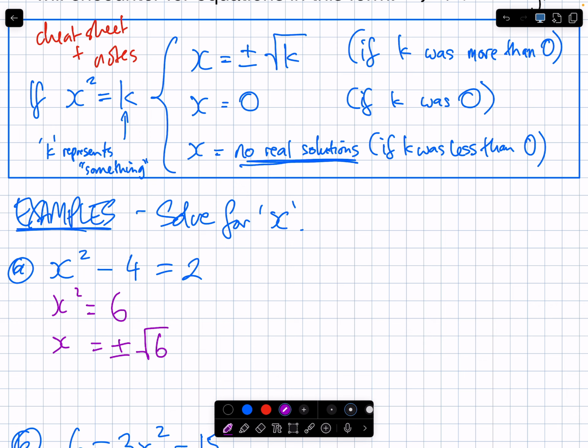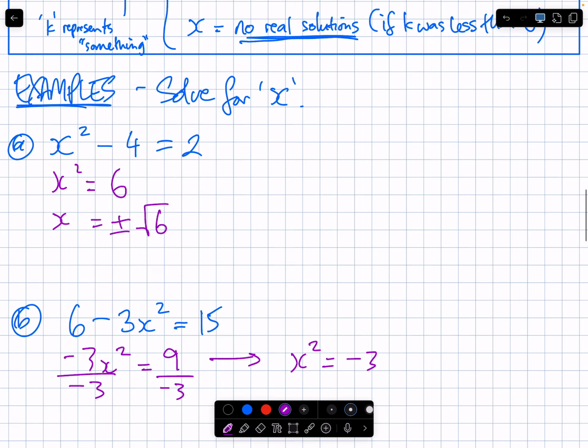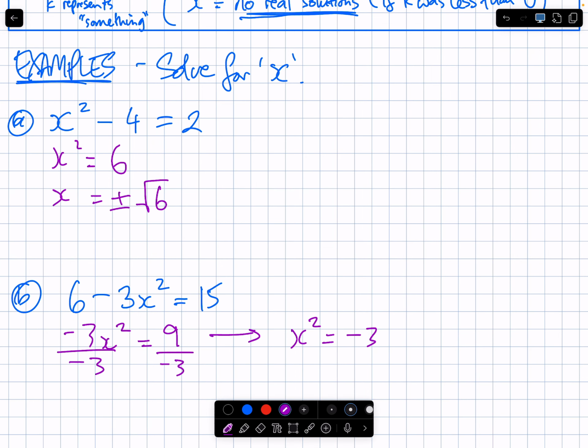Is it k is equal to 0? Is it k is more than 0? Or is it k is less than 0? So you immediately write no real solutions. Okay? Because what that's trying to do,